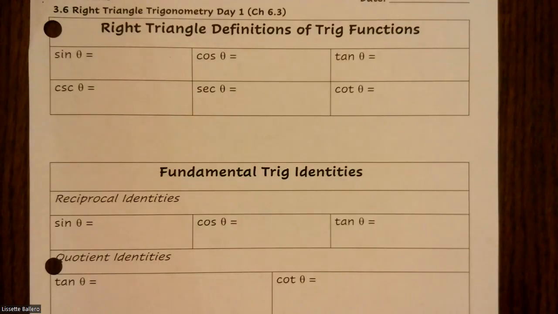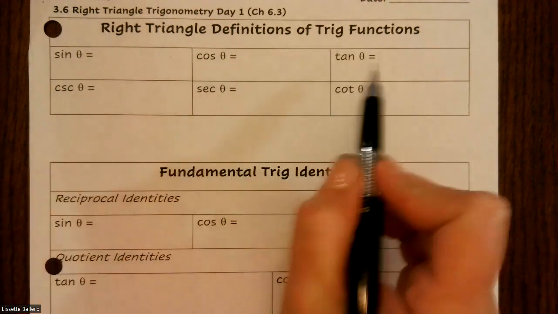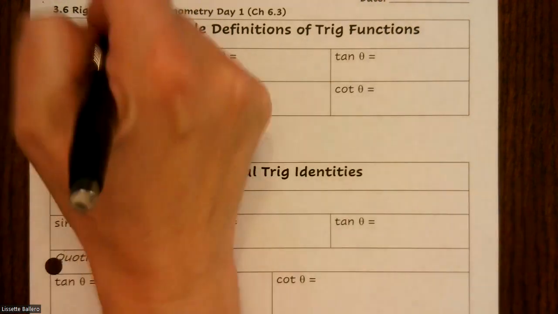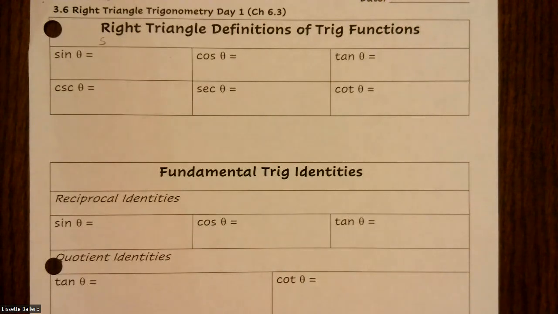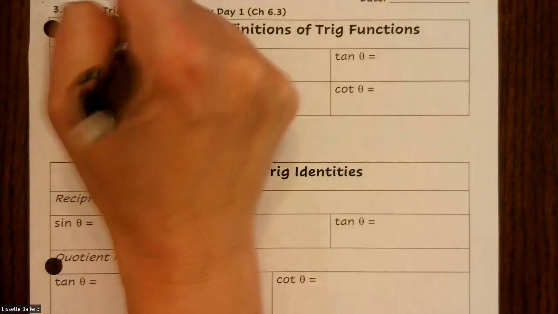All right, today we're going to finish up with right triangle trig functions and the fundamental trig identities. And so to do that, we're going to start by reviewing a little bit of what we talked about earlier in this unit, which was the sine, cosine, and tangent of a function. And so we talked about SOHCAHTOA,